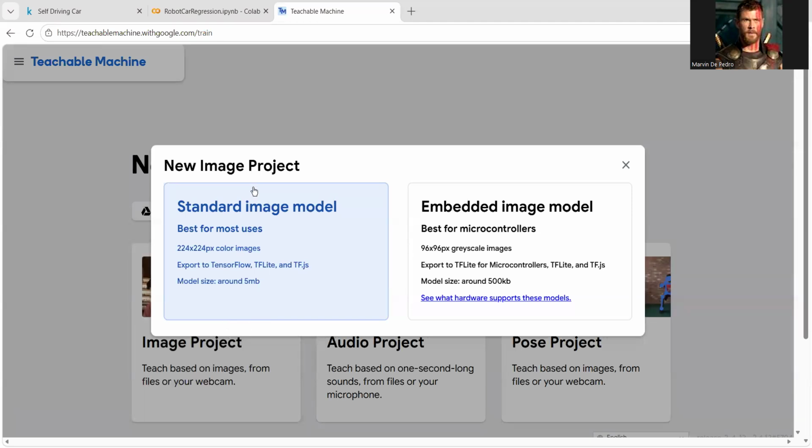For this image model, it's best if you can have 224 by 224 pixels of color images, meaning the images we input should have at least this size. And we can export the output to TensorFlow, TF-Lite, or TF.js.